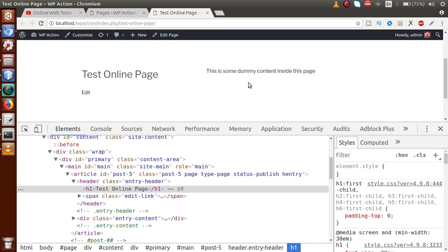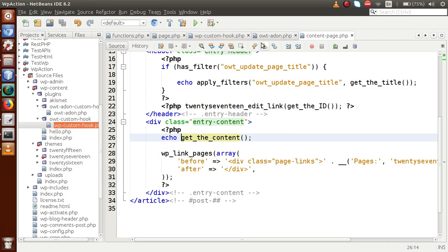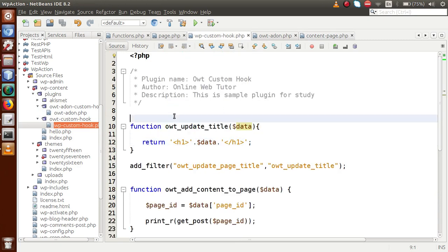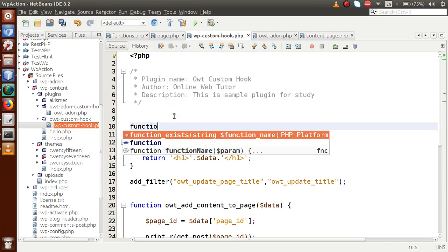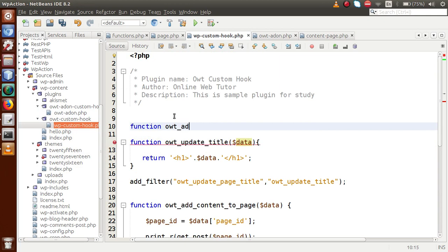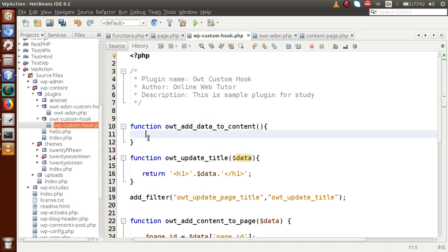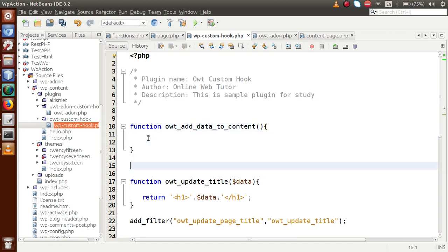We want to modify or add some content along with this content. So how can we add our own data with this data? Just go to the plugin, this is the plugin, and inside that let's say function owt_add_data_to_content. This is the callback function. We need to bind our filter hook with that, so let's say add_filter,